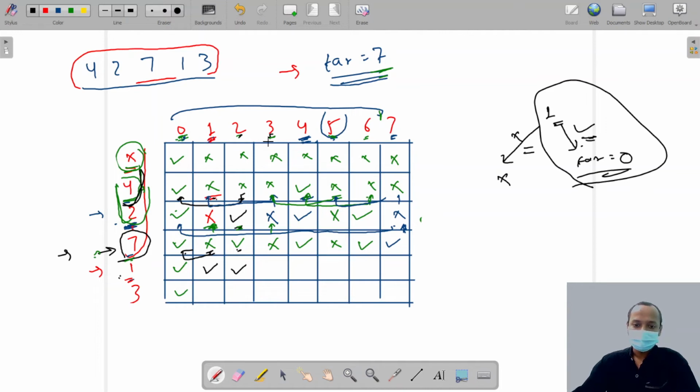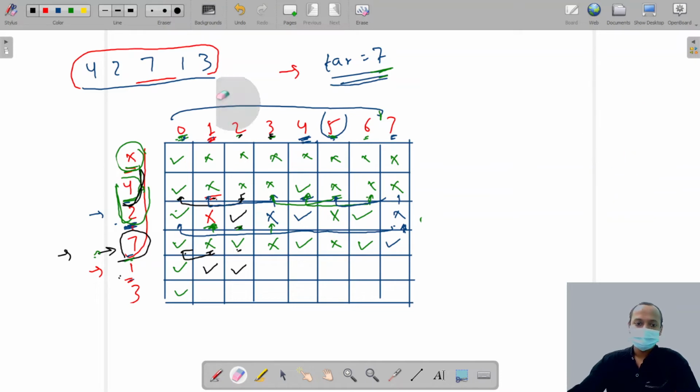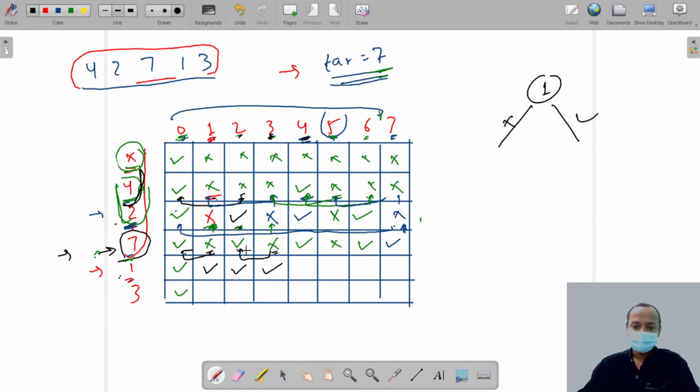Now the target is 3, so again it has 2 choices: we can exclude this and include this. If we exclude this, then the rest of the team cannot make 3 runs. If we include it, then the rest of the team has to make 2 runs and he makes 1, so we tick there. Now the target is 4. Without him, can the rest of the team make the 4 runs? Yes, they can. So we just write true.